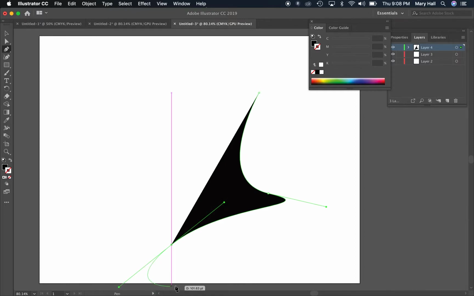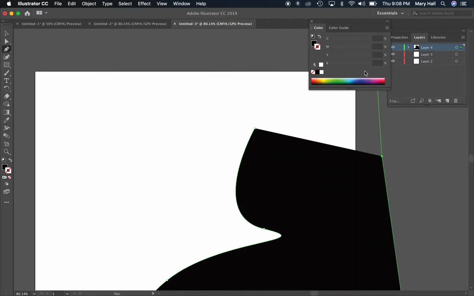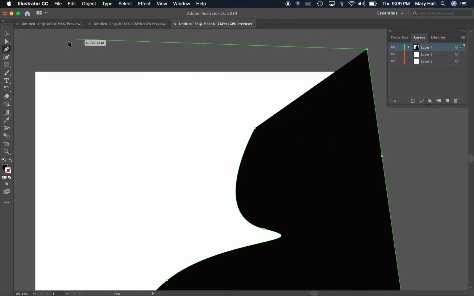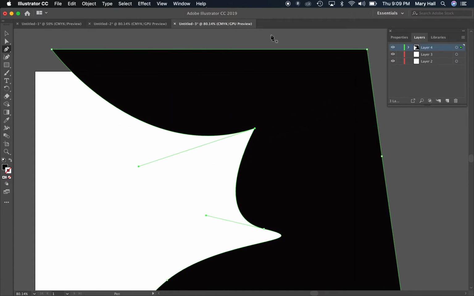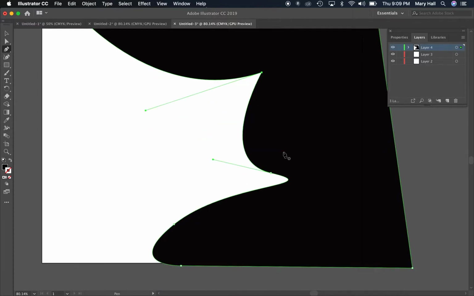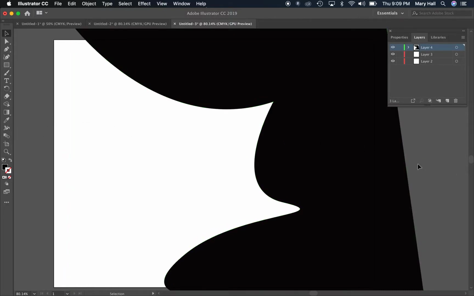You can do a straight line, you can do a curved line. And this gray space on the outside is just my working space. So it doesn't really matter if it goes off. If I were to print this image right now, it wouldn't even print anything outside of the page. It's just a workspace. All right, so there I created some black background shape. So go ahead and do that. Just kind of break up your white space by making a big black shape that kind of interrupts that white